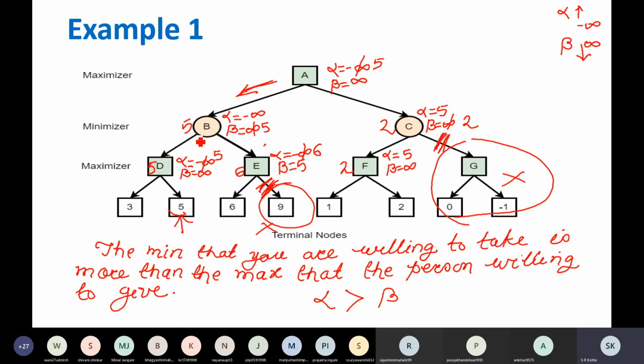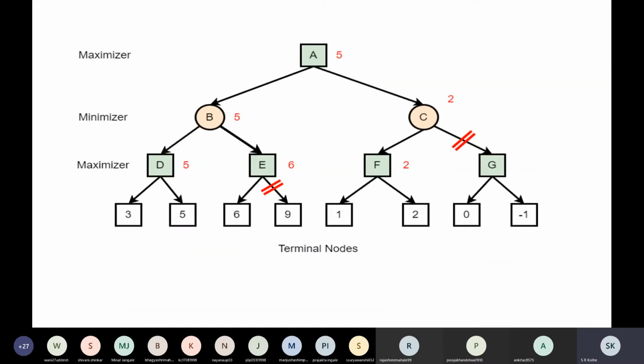And the same game tree, a simplified version, I have shown out here. So here is pruning. What is this pruning? Below a maximizer node, what do we call it?